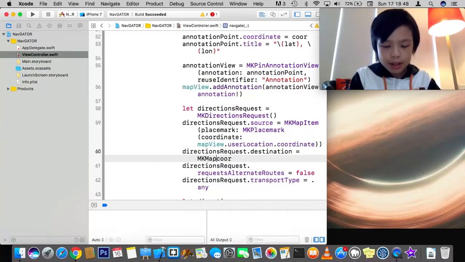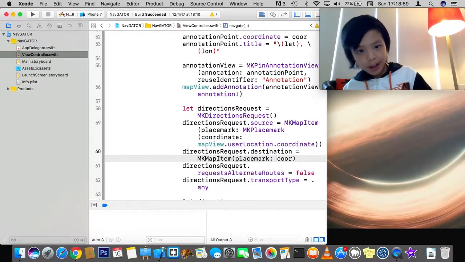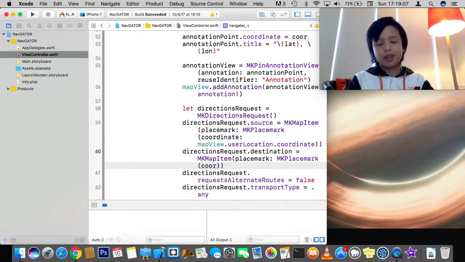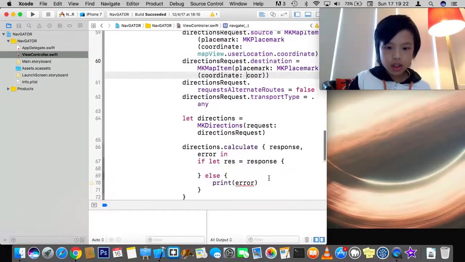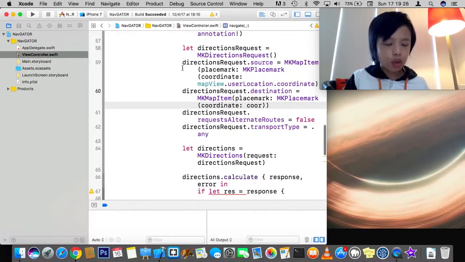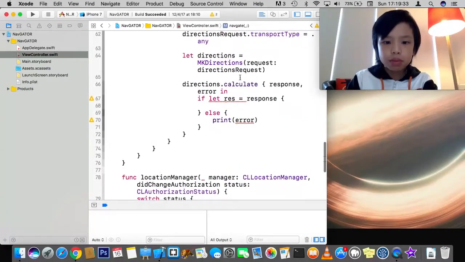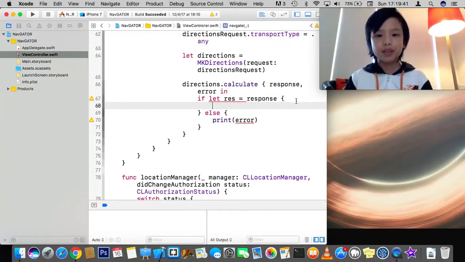So we're going to do the same thing here. MKMapItem, and then it'll ask us for the placemark, and for placemark we do MKPlacemark, and then it asks us for the coordinate, so we put in the coordinate, which is the destination. And so that should get rid of the problem actually. Yeah, so no more problems. Very good. And so here we can get on with the